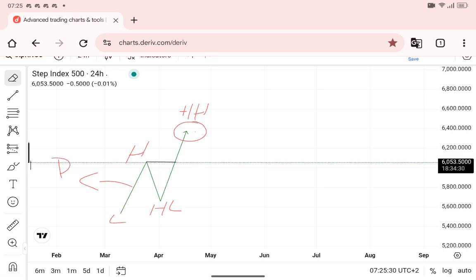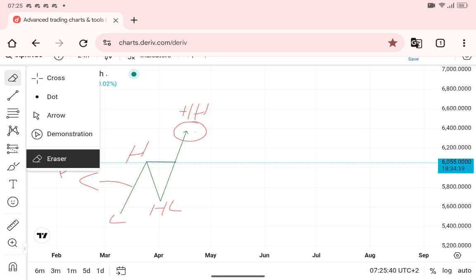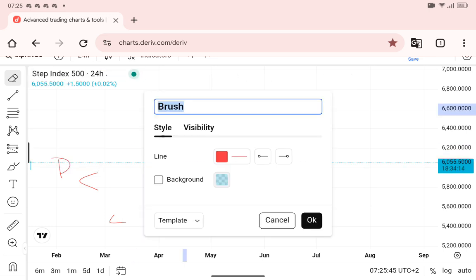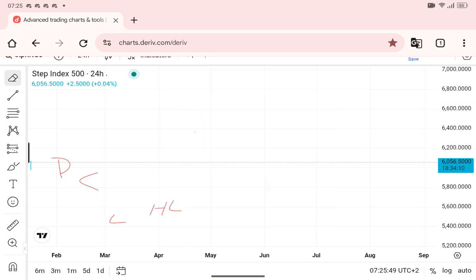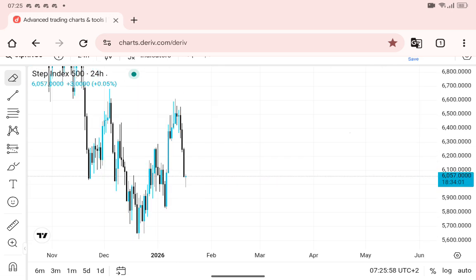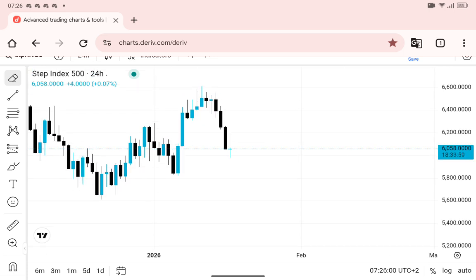So remember now, if I'm looking at the bullish trend on a daily, that means I should be looking for a series of higher highs and higher lows. A series of higher highs and higher lows. I don't want this session to be long. So now looking at the structure, I can see that